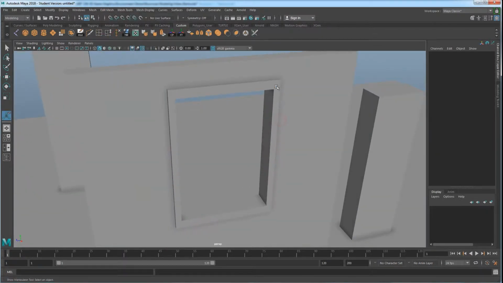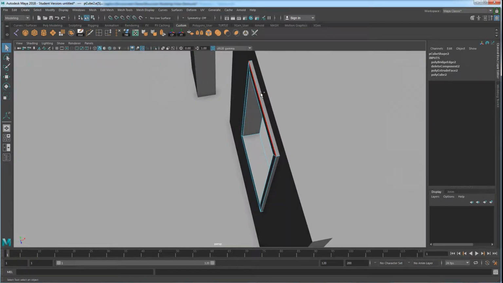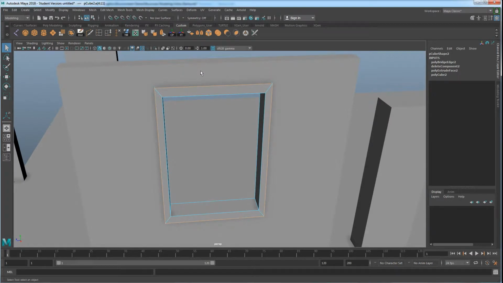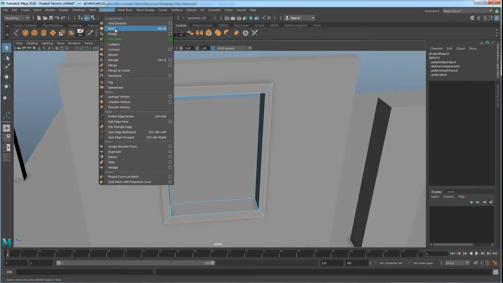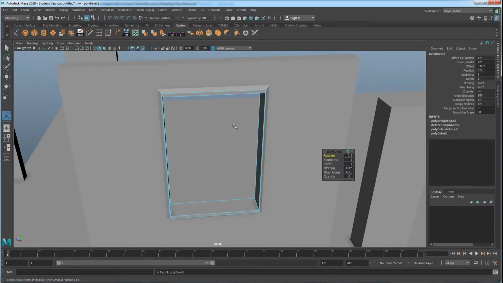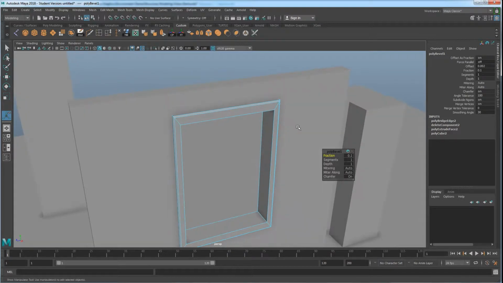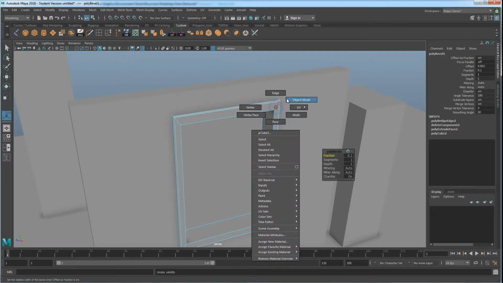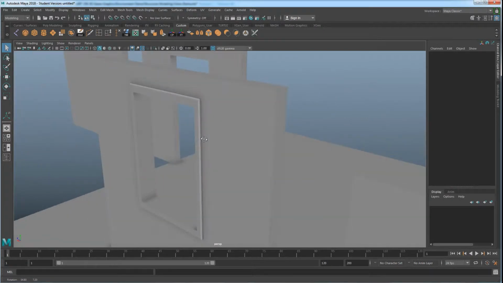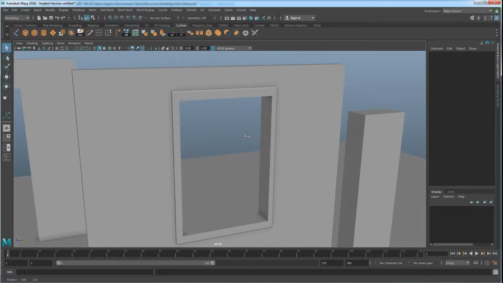If I want to make this a little more interesting, I can go to Edge Mode, double-click this edge, double-click this edge, and we can go over to Edit Mesh Bevel. If I click on this, you can see it bevels it. The setting is a bit too high at the moment, so I'm going to slide that down to, let's say, 0.1. So that's basically clicking on the word and just dragging it across, and it'll scale your numbers differently. Once you're happy with that, just right-click Object Mode, and boom, we have a little more of a realistic window